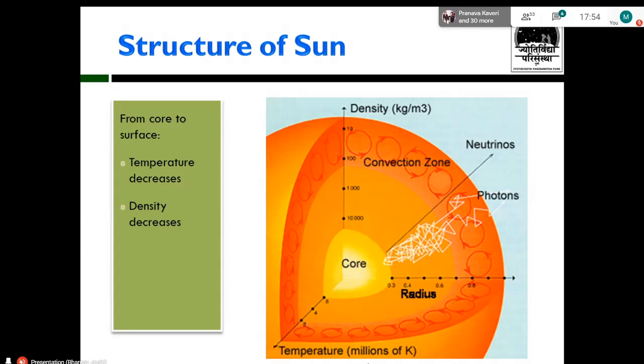But as soon as the photon reaches the surface of the sun, it merely takes 8 minutes to reach planet Earth. And if you remember, the distance between Earth and the Sun is 150 million kilometers. Even then, the photon takes just almost 8 light minutes. But when it is inside the Sun, it might take thousands of years to reach the surface from the core, and that is because of all the collisions that happen. And that is what is shown there. You can see a random scribbling pattern that is called Brownian motion.